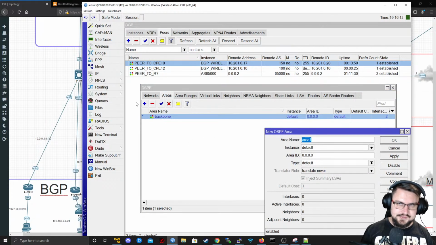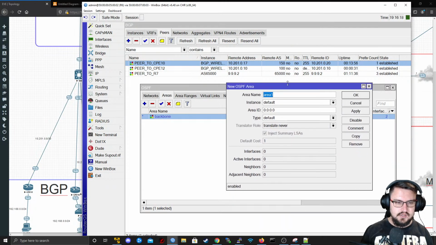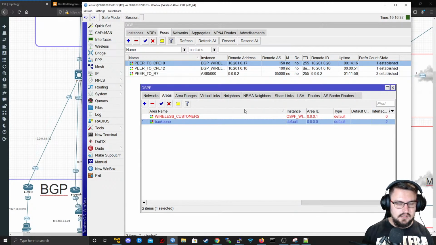Let's say each VRF we can actually put in their own area. So this area is going to be for our wireless customers. My instance will now be that OSPF wireless customers that are added, and my area ID I can make 0001, and I'll leave this as a default. I'll apply that,